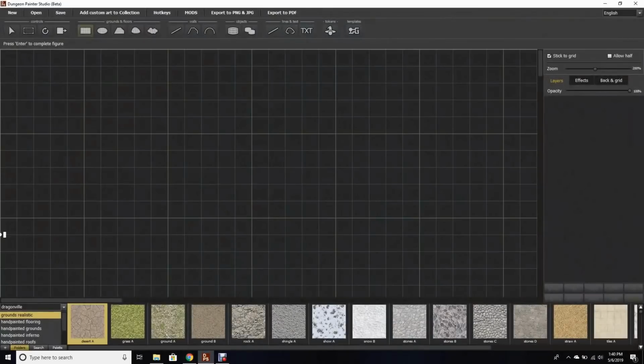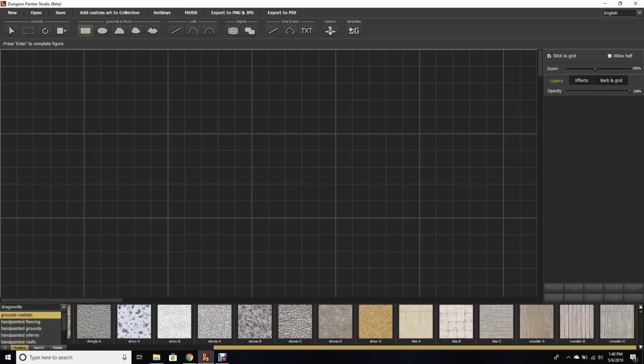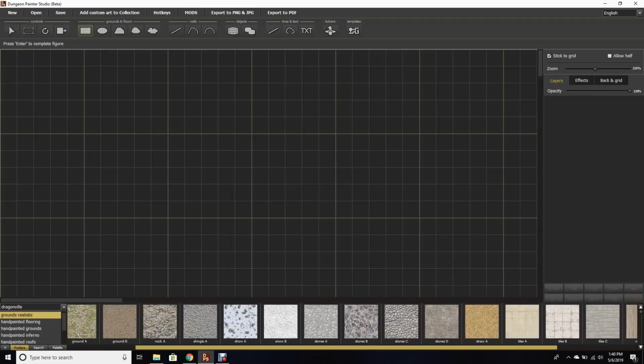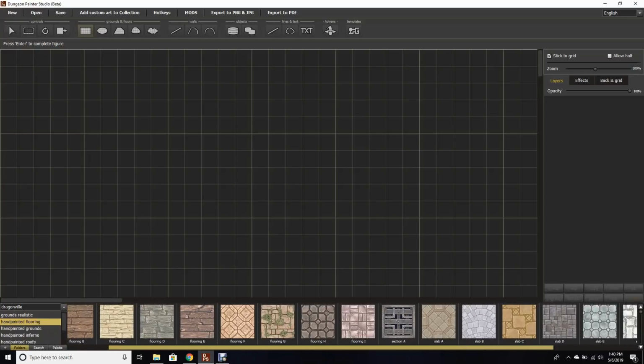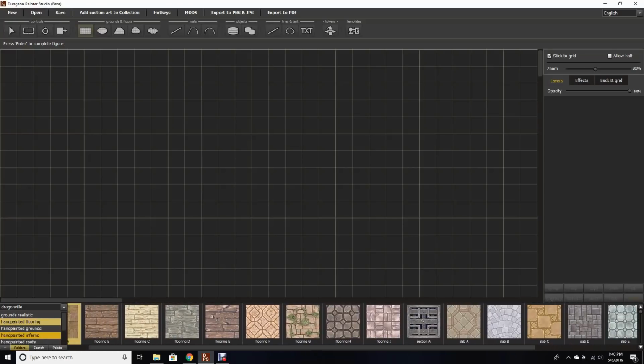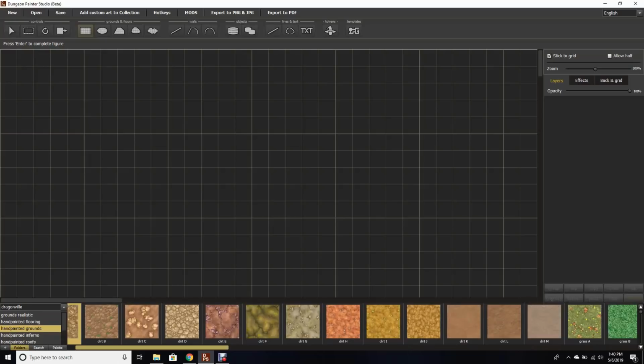The first thing I really like about this program is the variety you are going to get. So you have all these different categories, and within each category you then get more selections. So this is just the ground covering options that you have in this program itself. As you can see, in the one category you have this slew of options, yet if you toggle down to a different one, suddenly you have all these different floor patterns, and you can do both interior and exterior maps